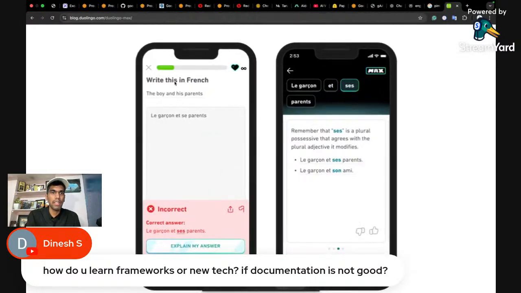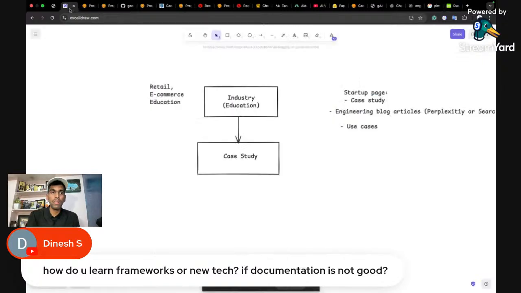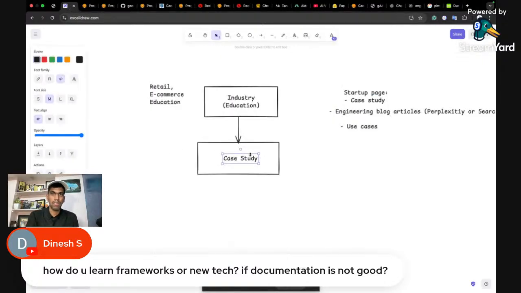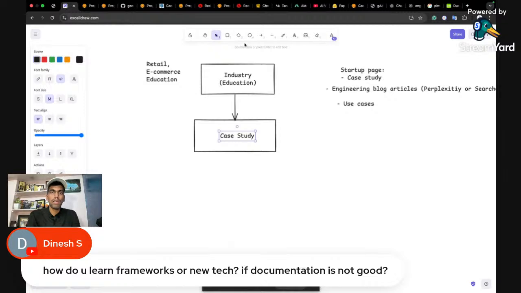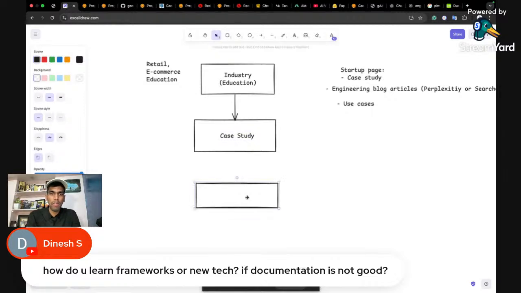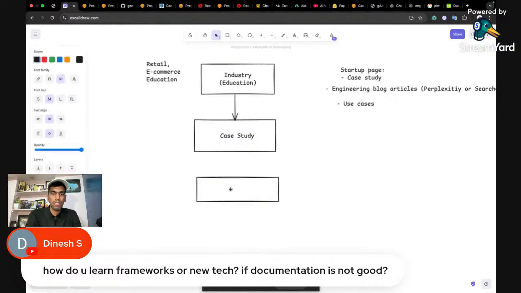So if you see here, write this in French. You can build an application which will do the language translation, which will create question and answers, which will create personalized training. All these things act as the case studies that a company is trying to build. And then you have use cases that you can build for your project. Use cases are a smaller part of the actual case study. If they're trying to build an entire learning platform, there are different features that they're trying to build. What you can do is try to pick one single feature and build the use cases for it.